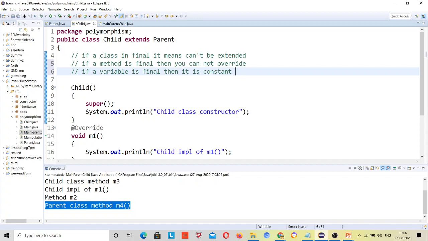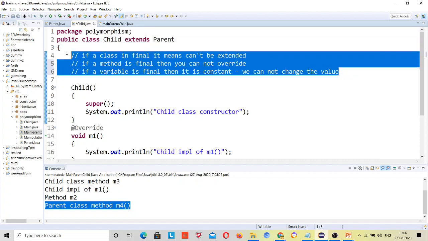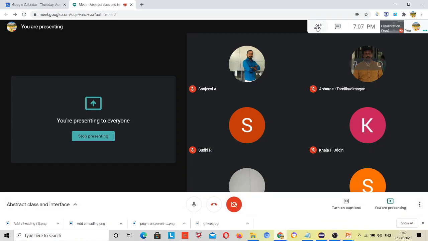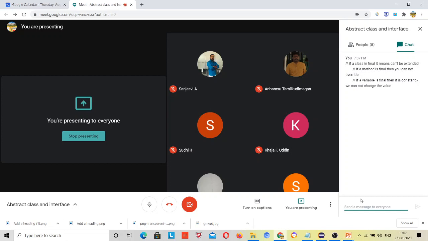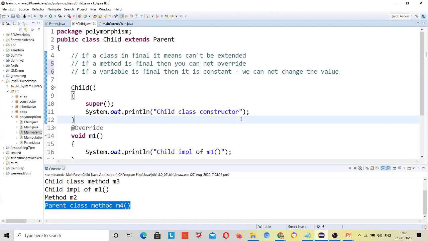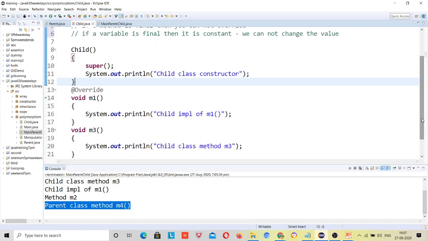That we cannot change the value. Let me copy and paste these rules. So if a class is final, you cannot extend that class. If a method is final, you cannot override that method. And if a variable is final, then you cannot change its value because it's constant, right? I hope you guys got it.